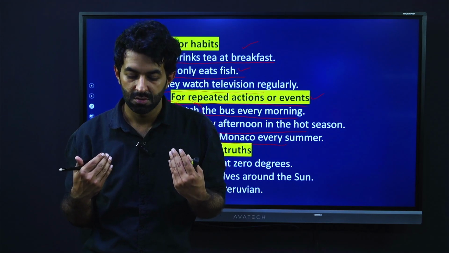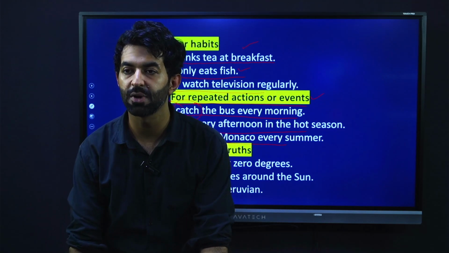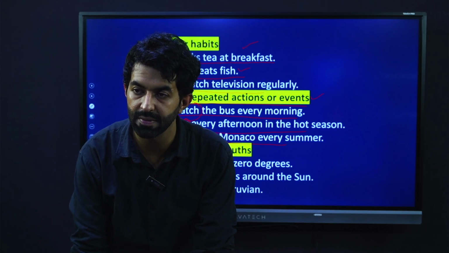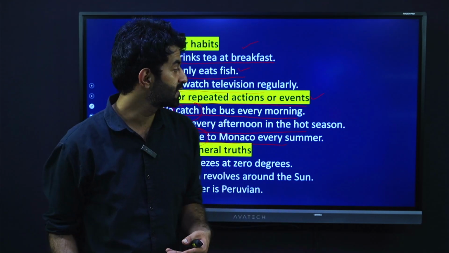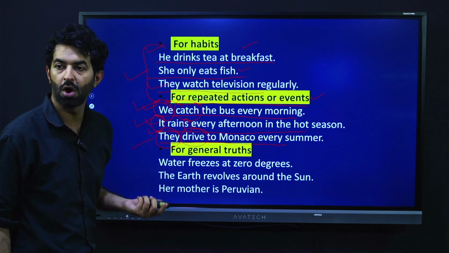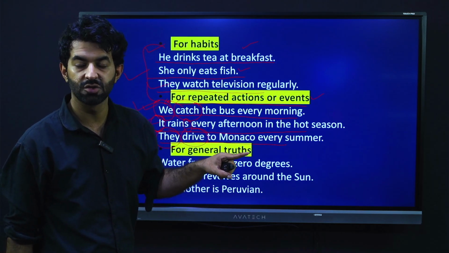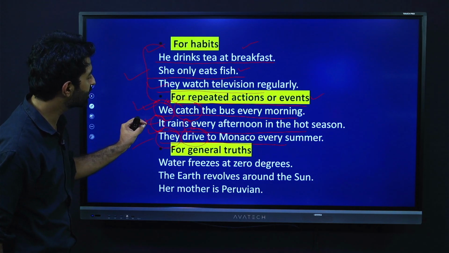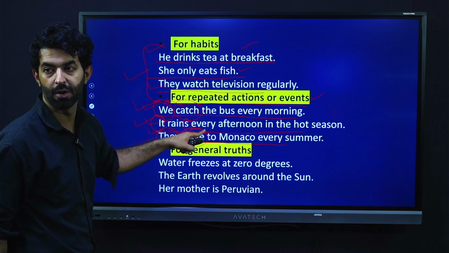Now, instead of saying I will catch the bus in the morning or every morning, because this is a routine, this is a habit and a repeated action, you can say we catch the bus every morning. No, we will, we are, nothing. Just simple. Subject के साथ आप क्या करेंगे? You will add your verb, main verb,